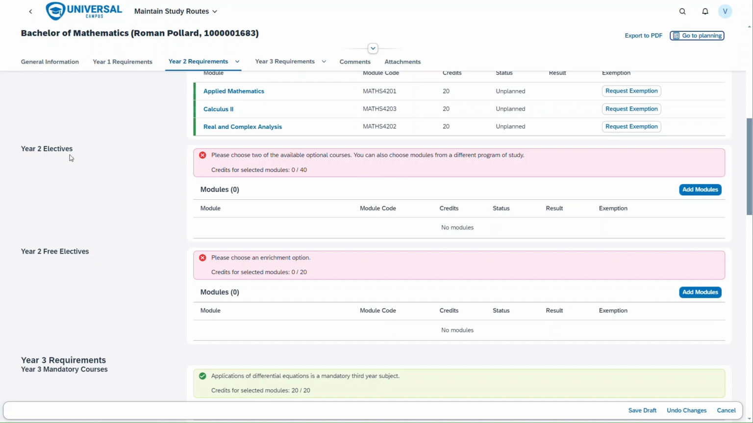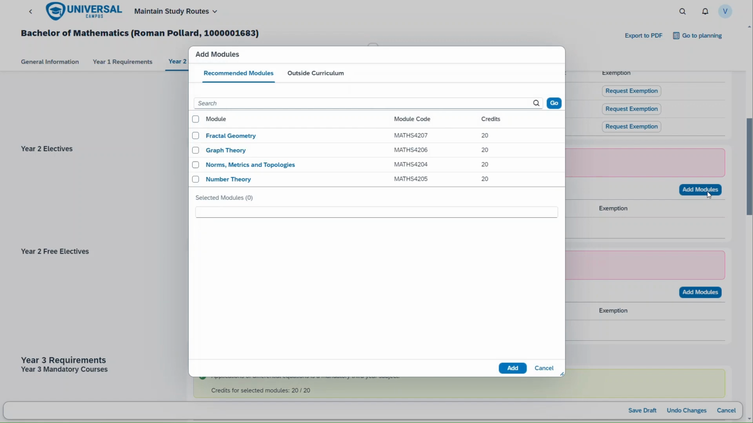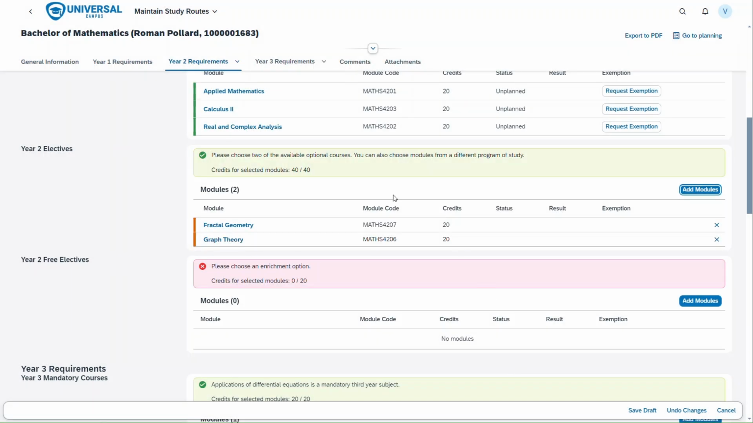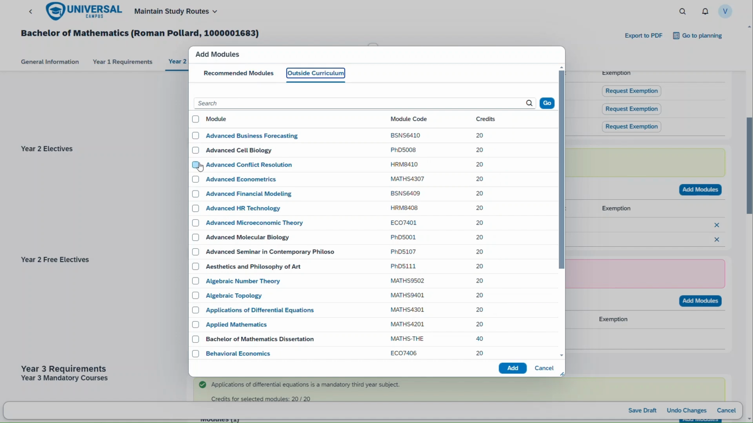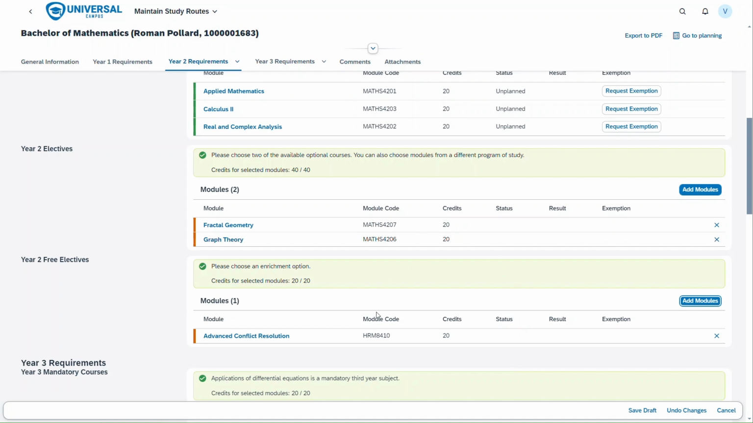In this example, the red blocks show that the student still needs to select electives and free electives in year 2. All the relevant options are shown. After selecting the right number of courses or credits, the section turns green to show that the selection is within the standard rules. Rules can take any part of the student data into account, such as their status, starting year, etc. The study planning as it is created here will be used for all other processes and will be visible